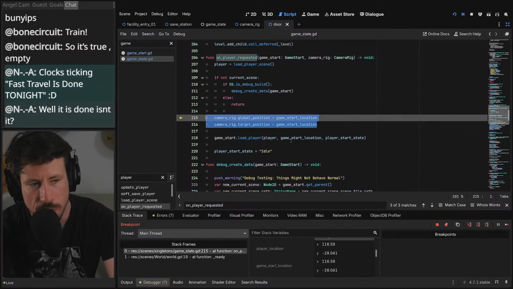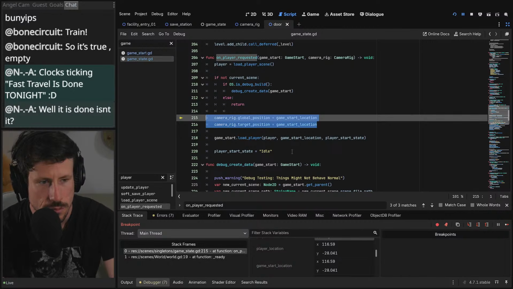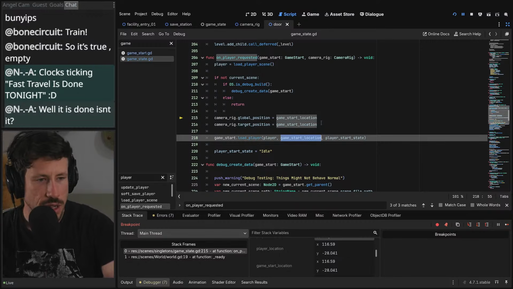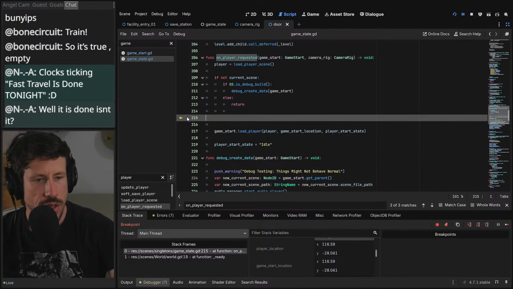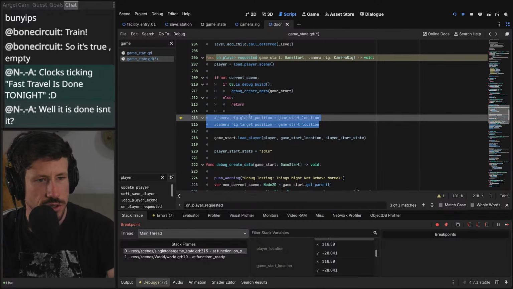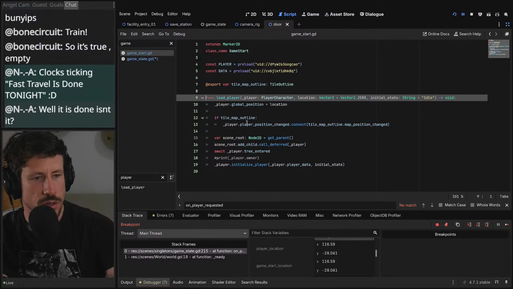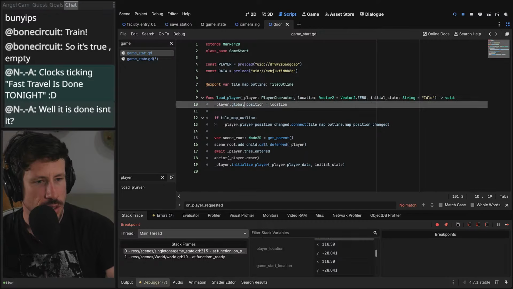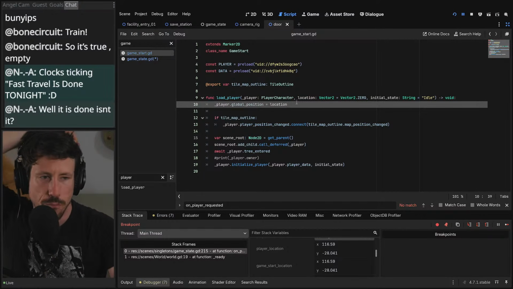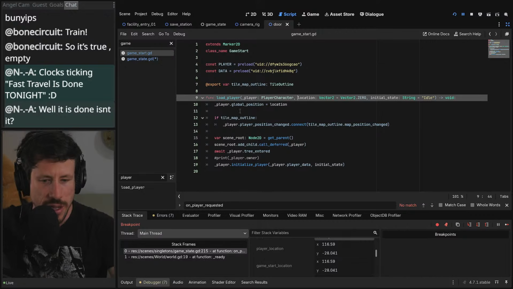Why does the player end up in the right place, but not the camera? This is actually, I'm kind of curious now. So I pass in the game start location, but it never affects the, well, it is done, isn't it? Kinda. It's just not loading in the right spot, and it also looks like trash, but we'll work on that. So we get the location. The global position is set for the player. I don't understand this. It actually doesn't make any sense to me. How do we end up in the right spot, but then we're setting the location in this load player to be,